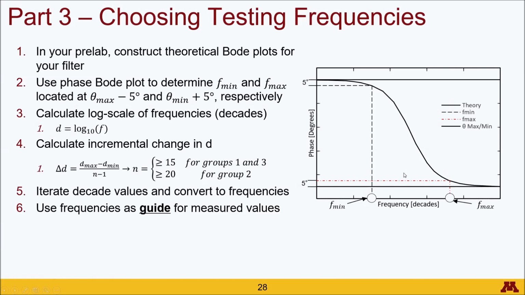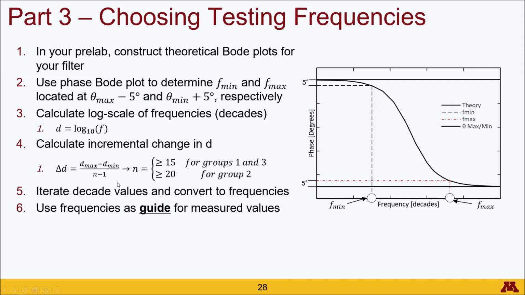Another complication is that when constructing a Bode plot, you want to plot it on a log scale. And so therefore you want to test your frequencies also on a log scale. And so for base 10 log scale, frequencies are called decades. And so you'll want to calculate that based upon figuring out what your Fmin and Fmax is, and passing it through this equation here to get a Dmin and Dmax, and use that to calculate your change in your decades just by taking a difference between the two and dividing it by 1 less than the number of samples you